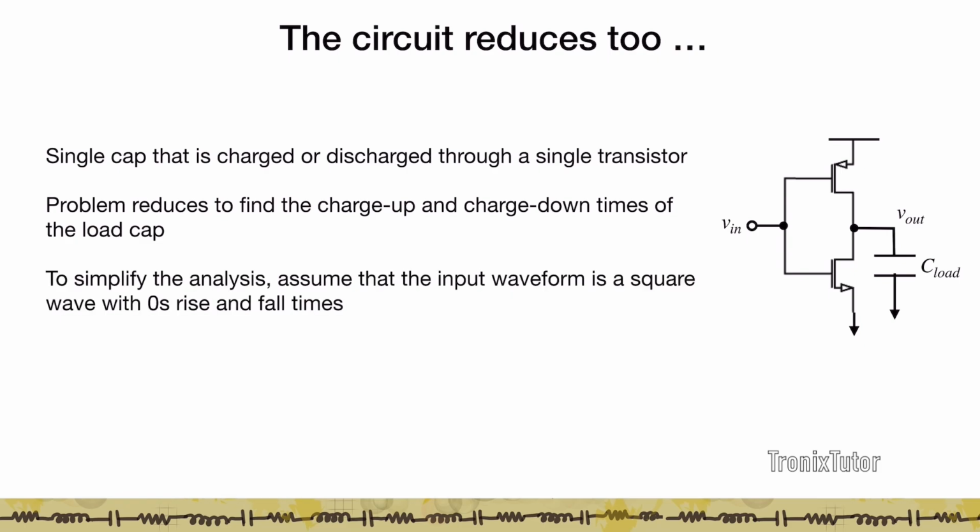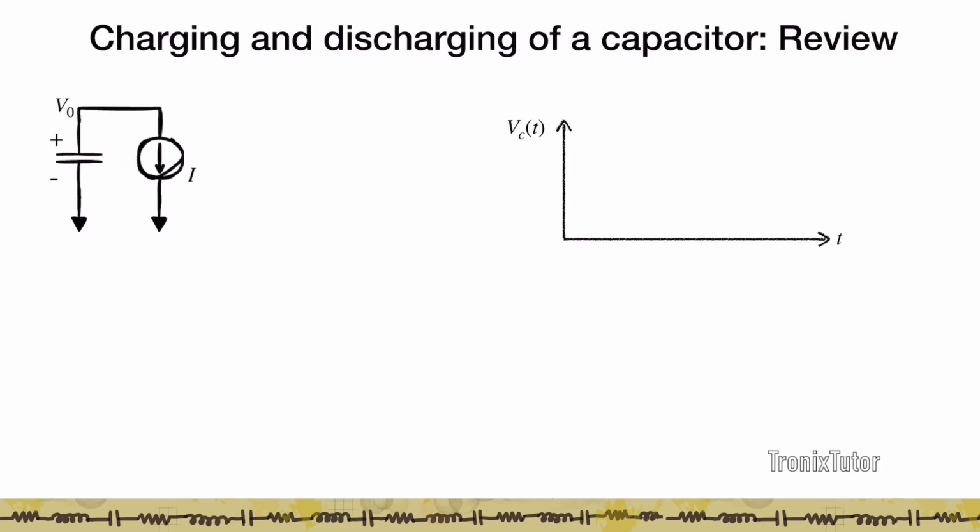Now again, to simplify the analysis, we assume that the input waveform is a square wave with 0-second rise and fall. So it's instantaneous. Again, these signals are hard to generate, but this makes our analysis quick. So we use that to get a flavor of how the gate behaves. So we'll talk about two currents, the PMOS current, which is the charging up current, and the NMOS current, which is a discharging current. So now let's review a little bit about charging and discharging of a